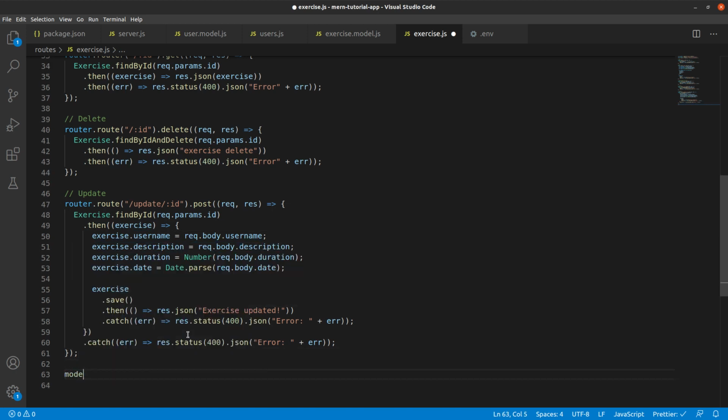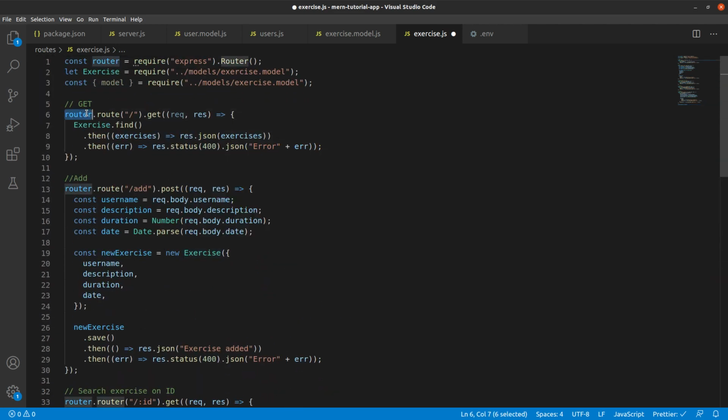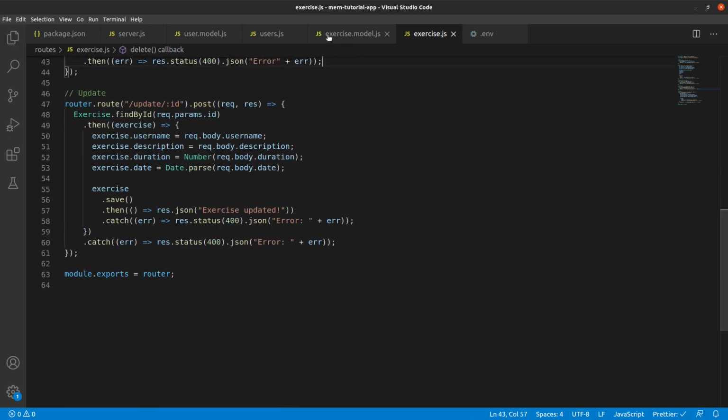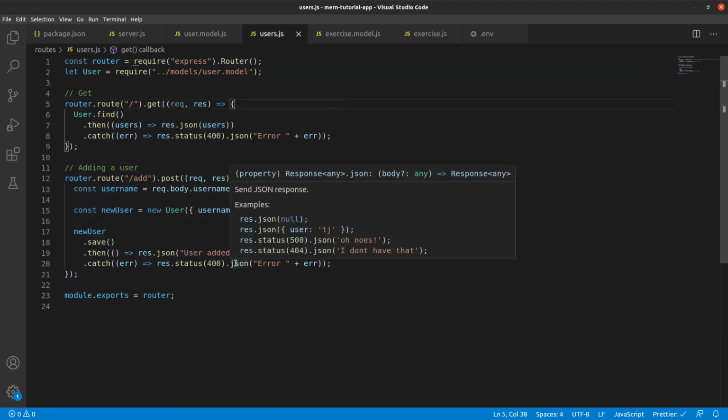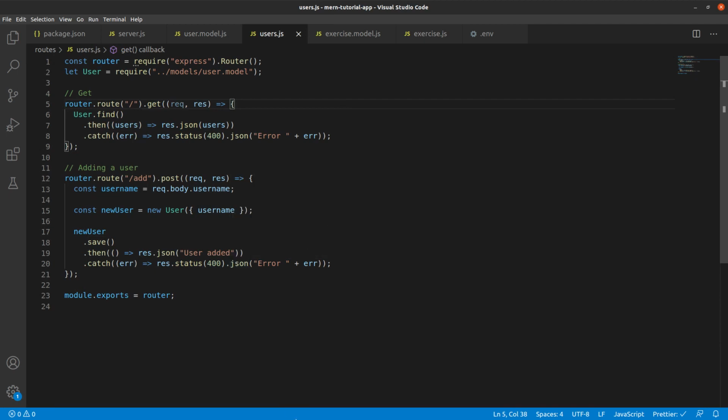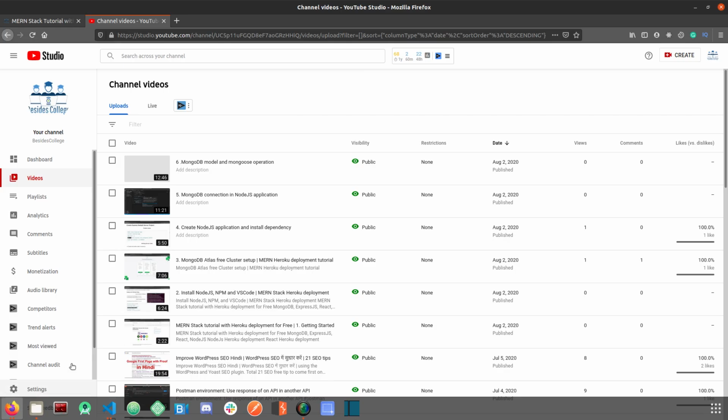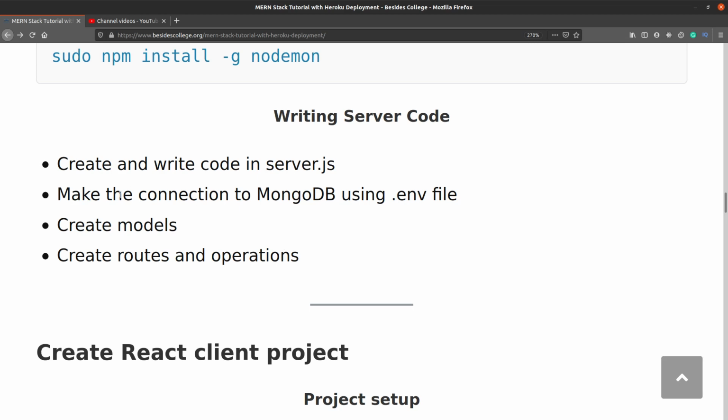Now the last thing we want to do is module.exports equal to router. So this particular router is exposed, and also the user router has been exposed in the previous section. That's all the setup that we had to do from a router and operation point of view. I think we are done with this step.